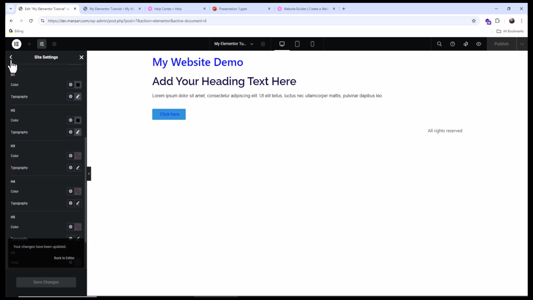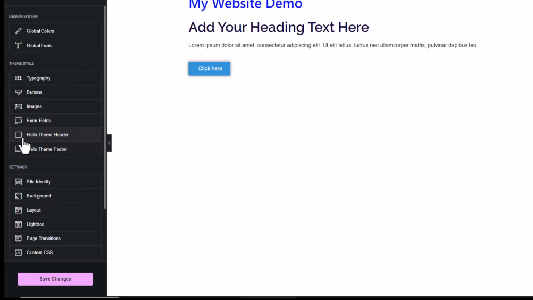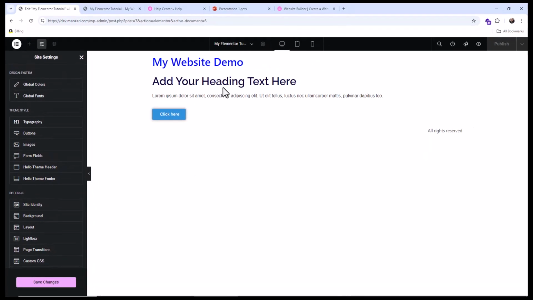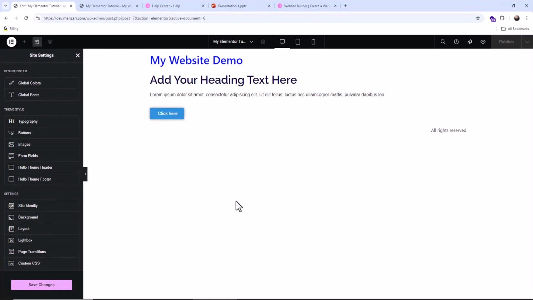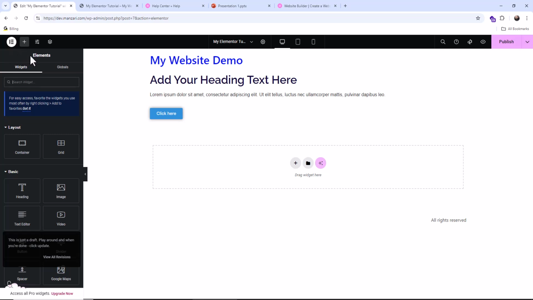So let's go ahead and click back. You can come down here and you can add a header and a footer. I'm going to demonstrate this in a future video, but you can come over here to create a header and footer for your website, put a logo up here, put some menu links up here. That's going to be for a later video. So let's go ahead and hit Save Changes, and let's X this out,